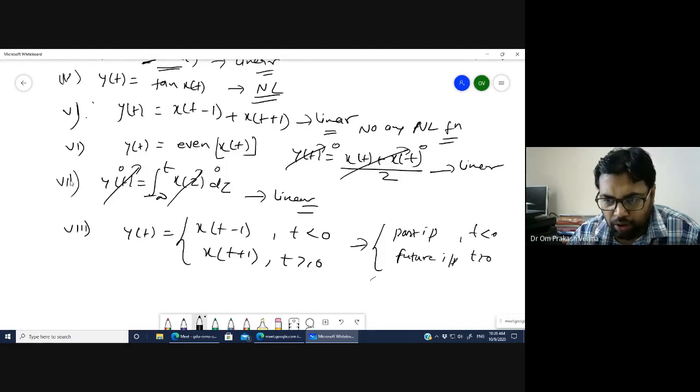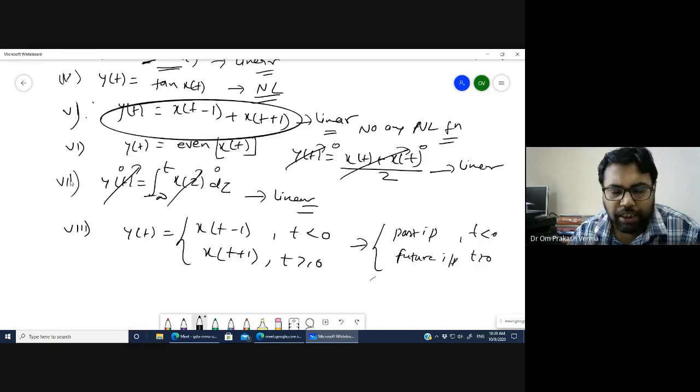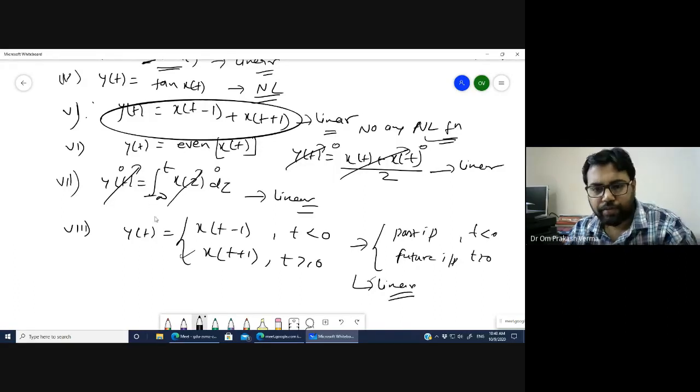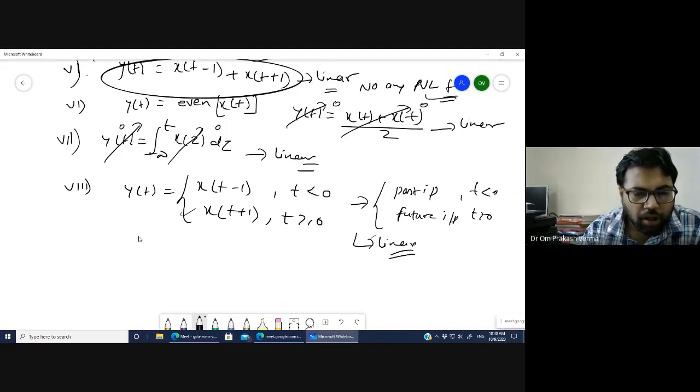Okay, see this problem. See, the same problem is here. There is no nonlinear function in this problem. Is there any nonlinear function? No. So why are you saying it is simply linear? Linear. Okay. See, I will conclude. I will give you some trick also for such type of problem.